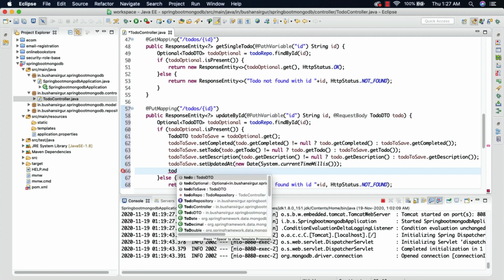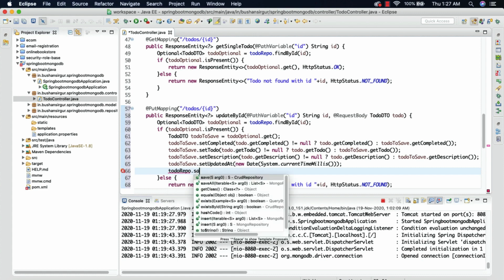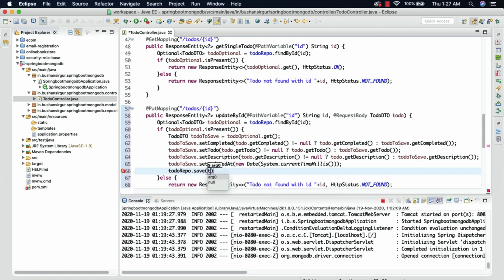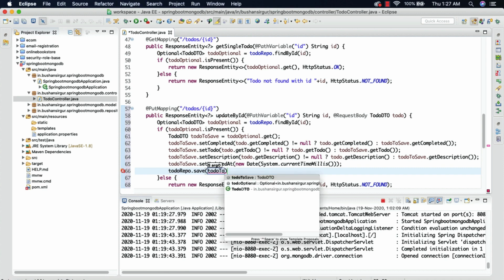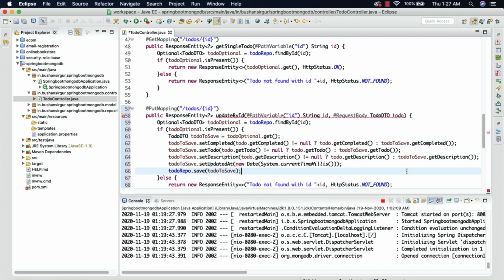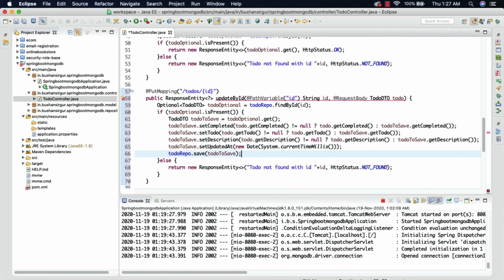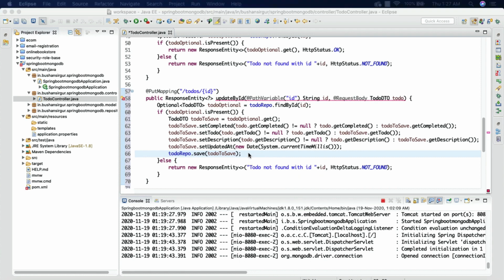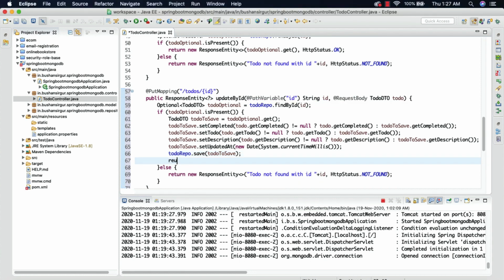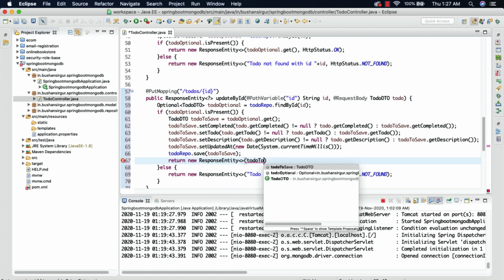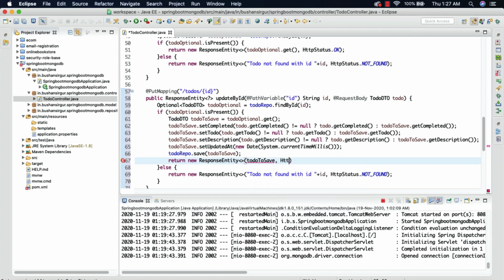So todoRepo.save, and we're going to save the todoToSave object, and finally we are going to return the response entity. Return new ResponseEntity. We're going to return the todoToSave, and we're going to specify the HTTP status to OK.